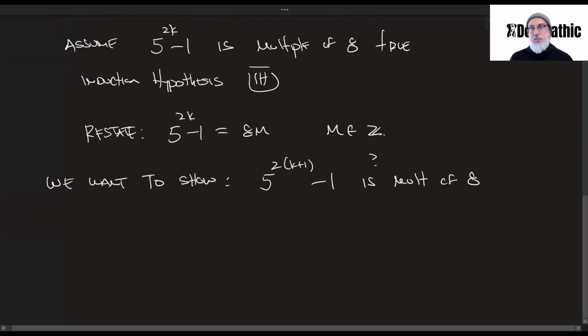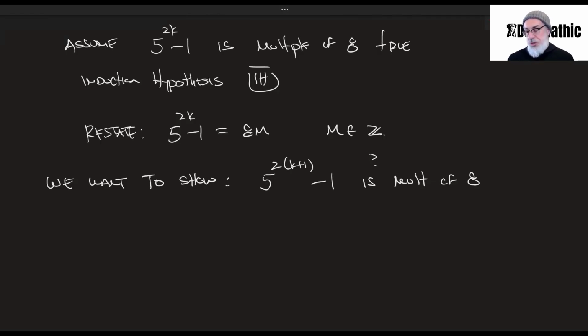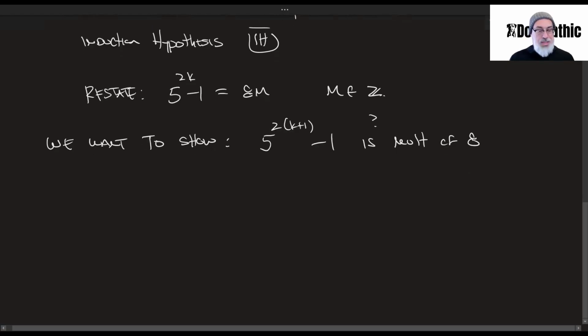Now, we're saying that it is a multiple of 8. That's not true yet. This is what we're trying to prove. This is what we want to show. We want to show that it's a multiple of 8. Okay, so